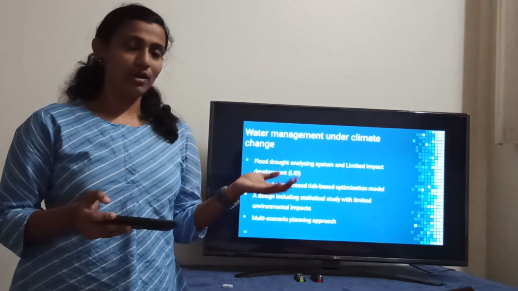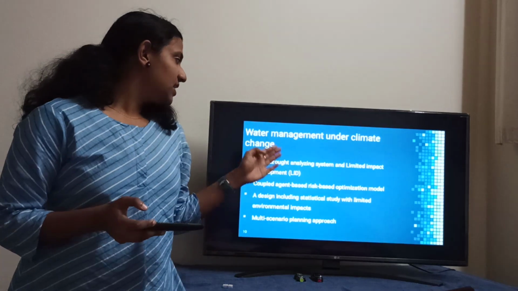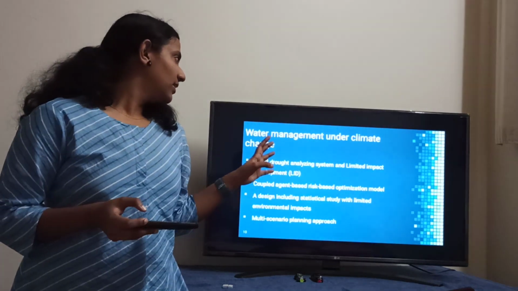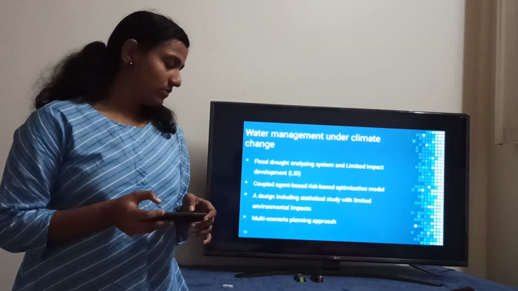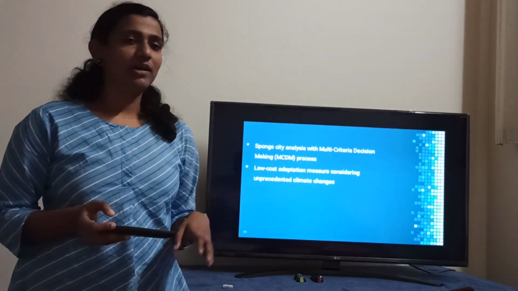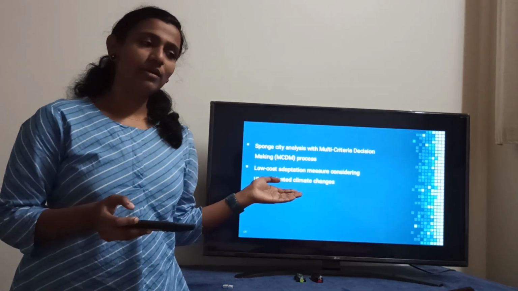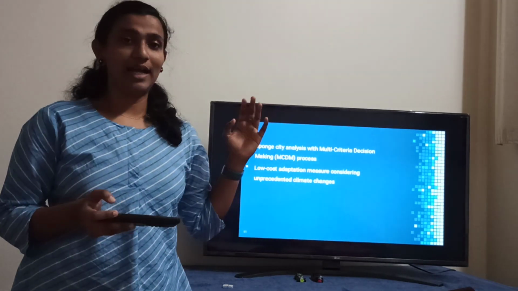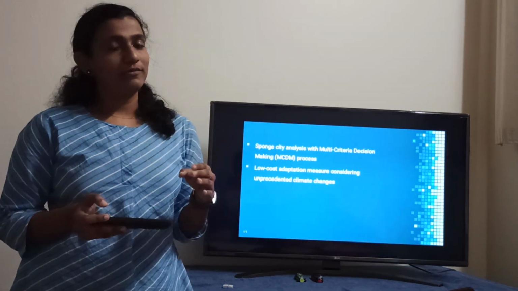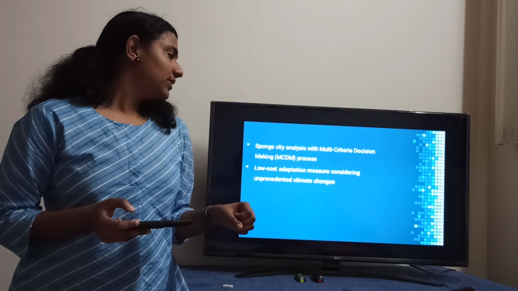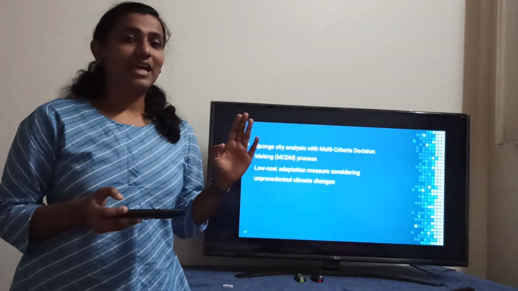Various studies are going on in this field, and these are some of the designs and technologies which include climatic factors, and these technologies also include some limitations. Some of the technologies were completely based on an analytical approach, and some of them were based on a statistical approach, and these studies were not